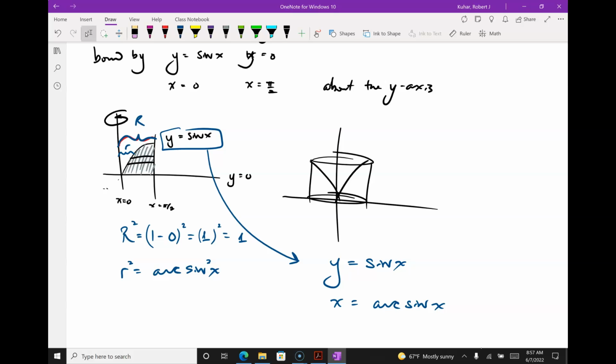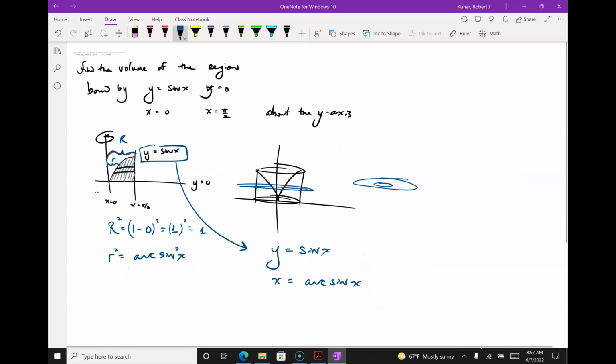Yeah, well, this one is a washer, right? If I cut on that cross section, yep. But the area above, yeah. So this one,